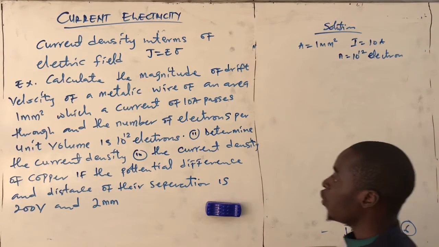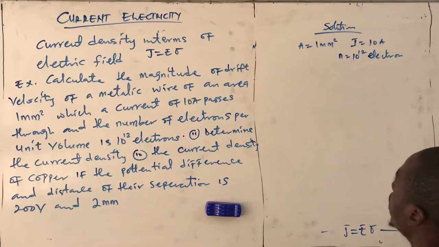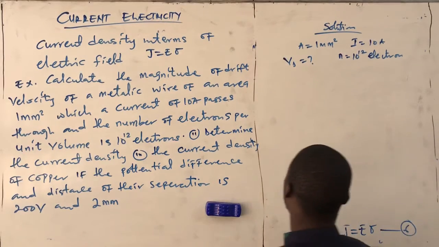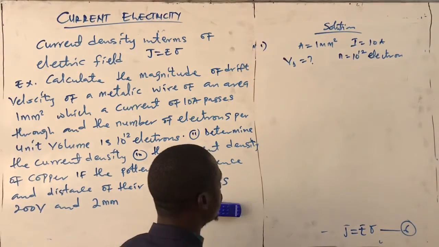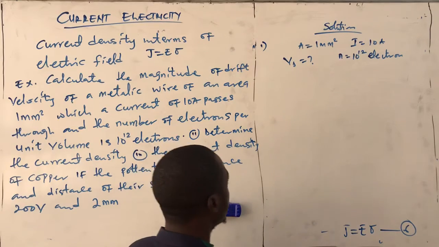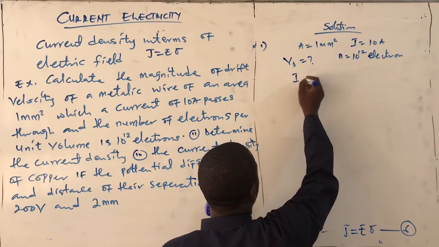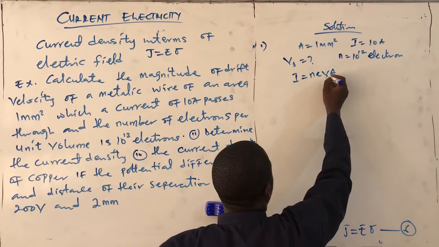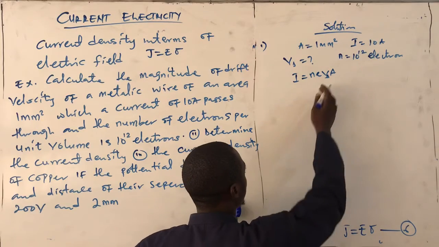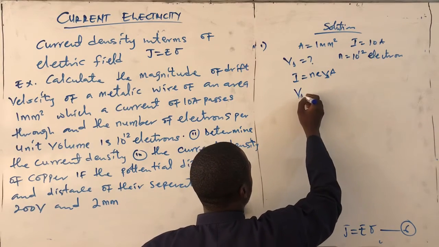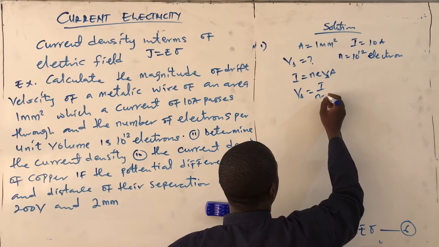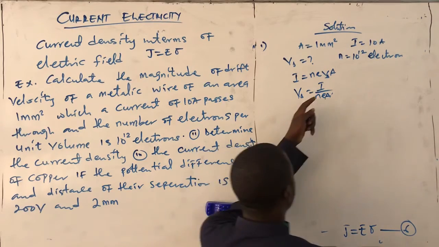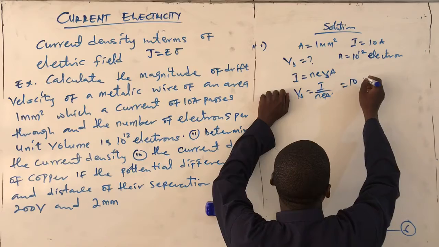So we are now asked to find the drift velocity in the first question. What are we going to do? From our formula, this is just a direct question. We know that I is equal to NEVA. To calculate our drift velocity, we make V the subject of the formula. Drift velocity will be equal to I over NEA. Our current is given as 10, divided by